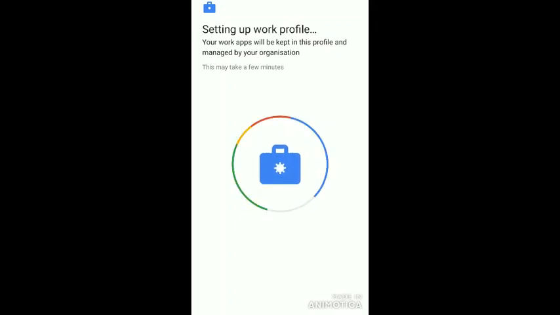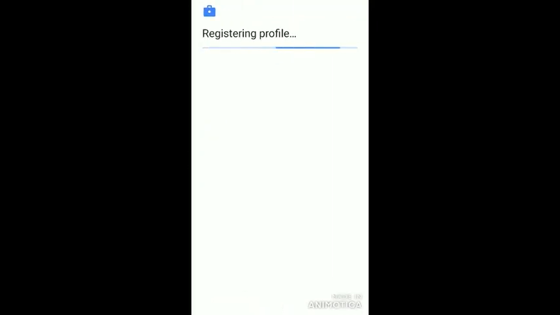This process will help to create separate apps apart from your personal apps. This will help the students to have all the school related apps separately so that they will not get confused with the other apps which will be used by the parent. This will also allow the school admin to put control on what the student can access and what the student can't access. This will ensure safe and secure access of the internet for your child.